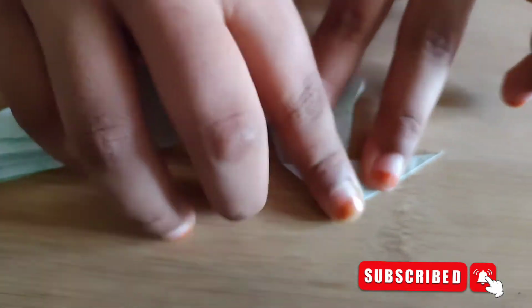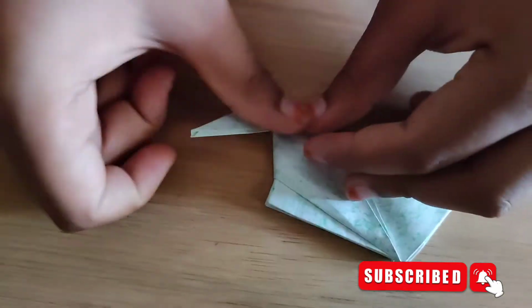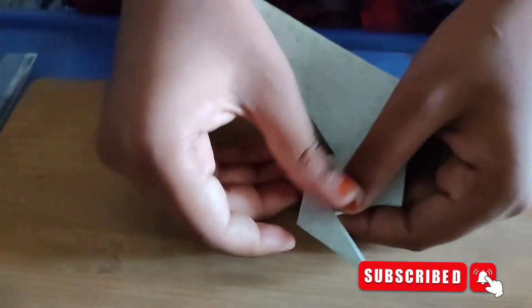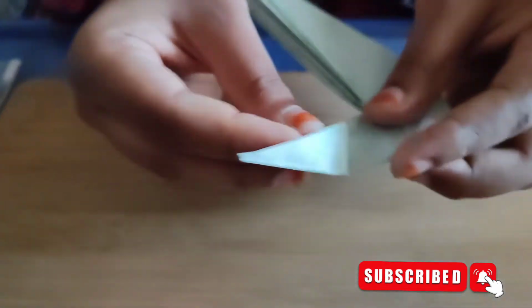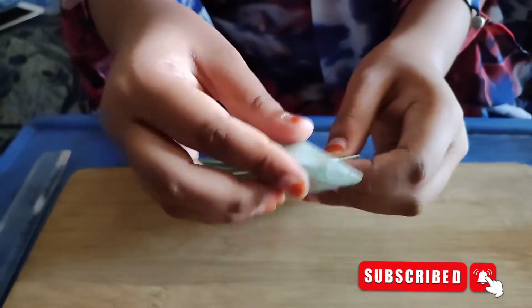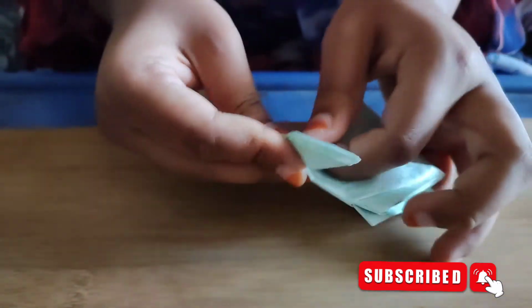Next, that is going to be the head part. You're going to take it and fold it so that it makes a head-like shape. Now afterwards, fold the other side too, and you don't want your head to be one-sided, so you're going to open it up a little bit and flip it. So after you flip it, it's going to look something like this. The head is going to be like all sides,